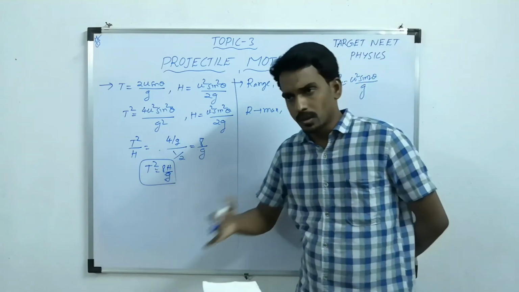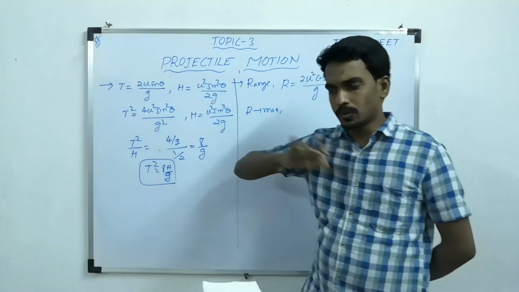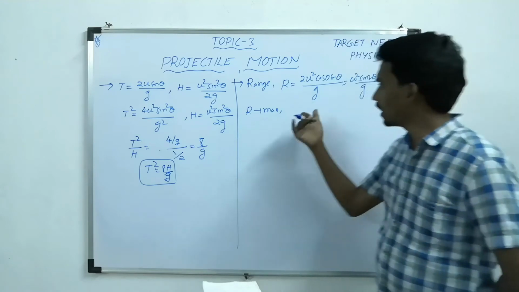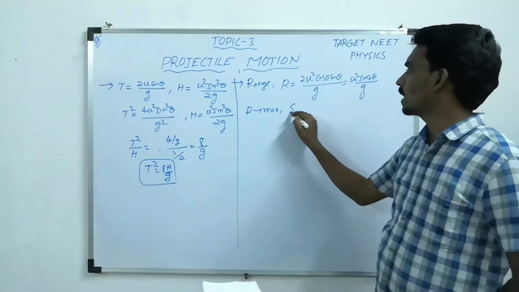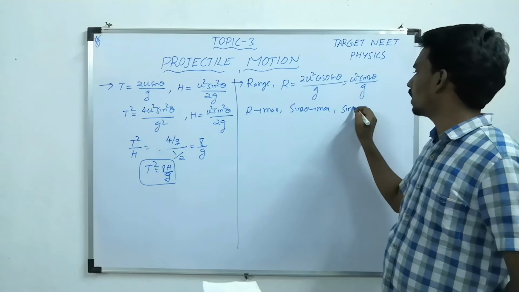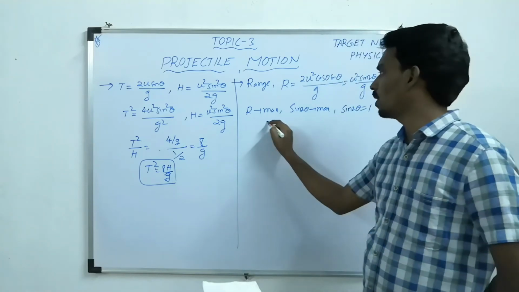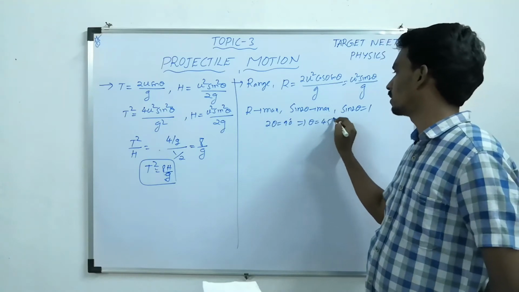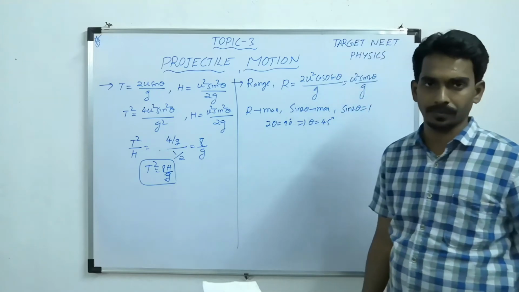You try yourself. If you want to do a long jump, then you have to take the angle at the midpoint, like 45 degrees. That we can show mathematically also. See here, R should be maximum means sin 2 theta should be maximum. So what is the sin 2 theta value? 1, because the maximum of sin is 1. Then what should be 2 theta? 90 degrees. Then what is theta? 45 degrees. So for an angle of 45 degrees, range is maximum.